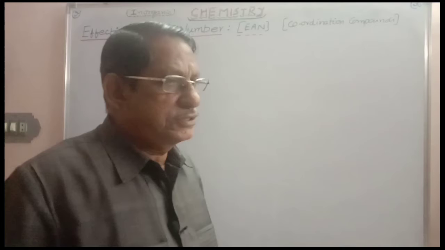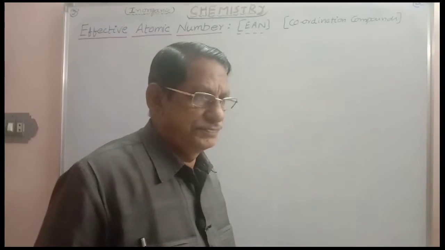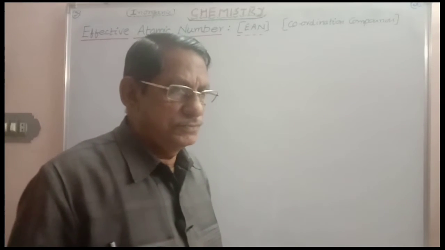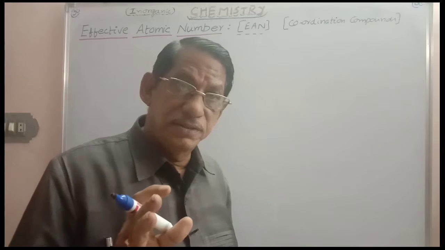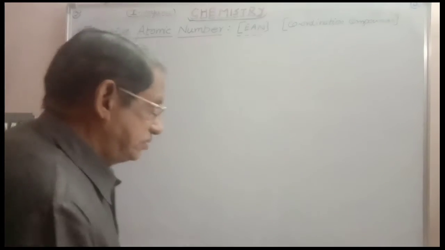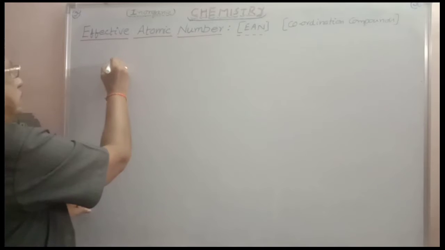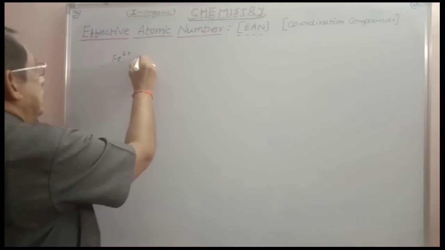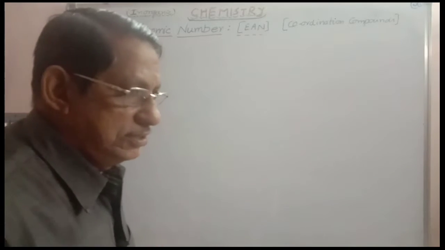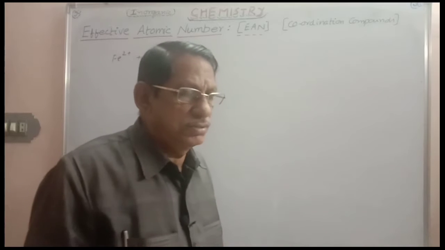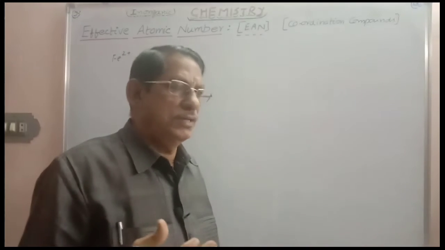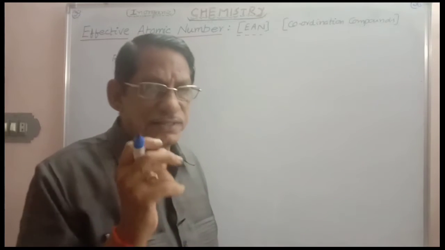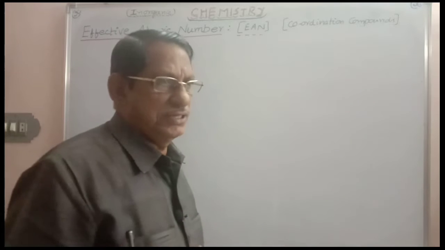And here, first of all, you have to know what is meant by complex ion, later what is meant by ligand. After that, nature of the metal ion present in the complex ion. Let us consider, for example, Fe2+, right? Most of the d block metal ions are able to combine with neutral molecules or anions to give a single entity, and that single entity is called complex ion.